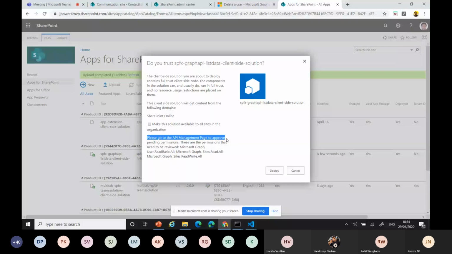And the second part, you remember, whenever you add a web API permission request, it goes to the API management page, and the request to approve will be there. You can see the name, reviewed by name, Microsoft Graph, all the items. I added 4 items, right? All these 4 items are Graph with the basic read permission for user, and the sites read all and also the write. Okay, and deploy.